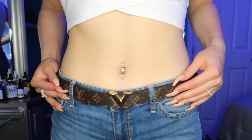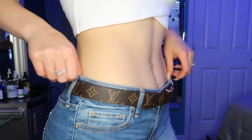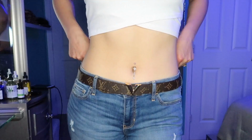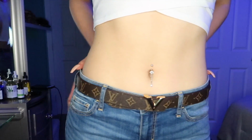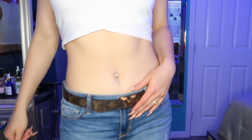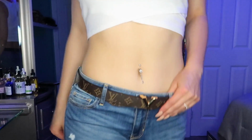Okay, so this is the first Louis Vuitton belt and as you can see, the buckle here looks absolutely phenomenal. I am really obsessed with the way that it sits on me. Why does this honestly look so fire? I'm that bitch. Okay, so since we already started on belts, I'm gonna go ahead and show you guys the